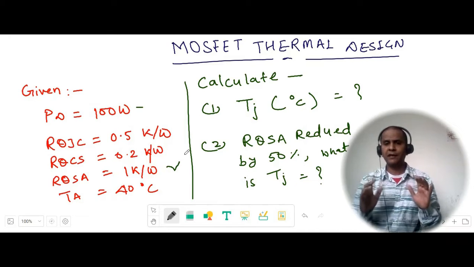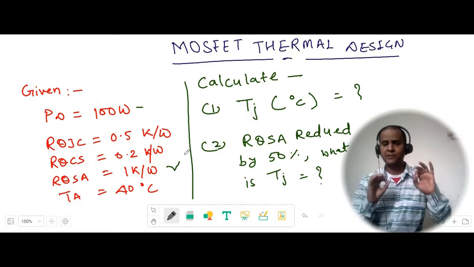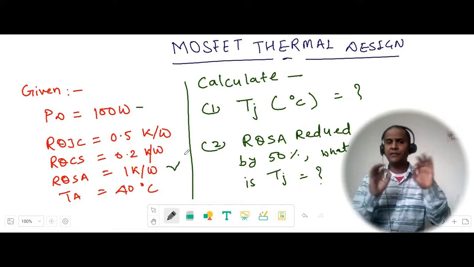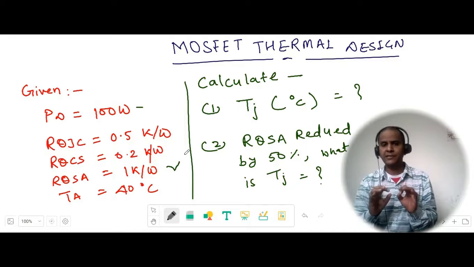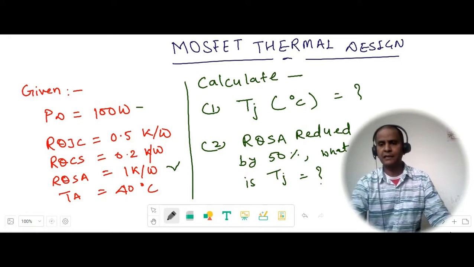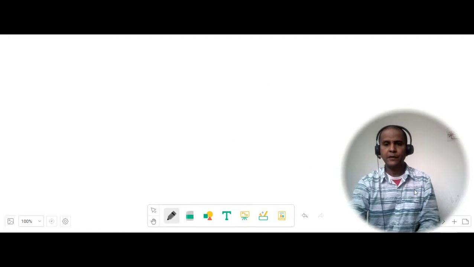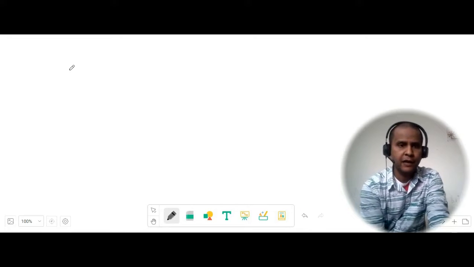And we finally want to understand whether the junction temperature is meeting the MOSFET junction temperature given in the data sheet, or whether the temperature rise above ambient is enough for my design. So let us first calculate it, and then further we talk about this. Okay, so if I have to write it,